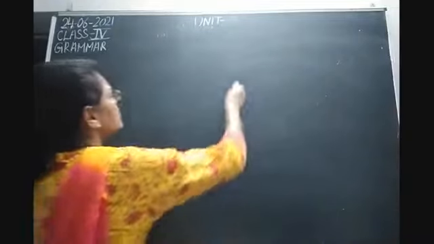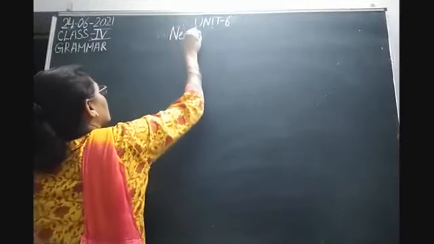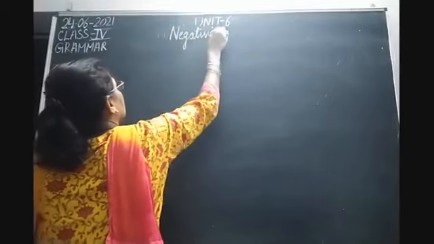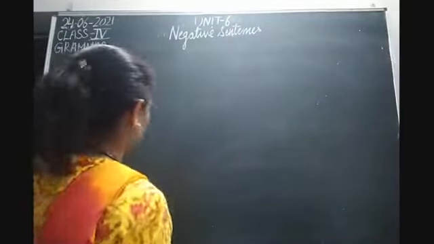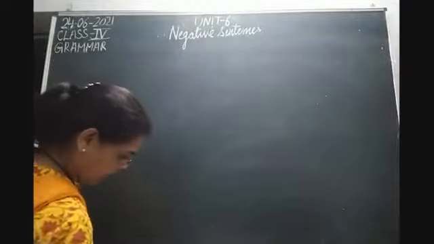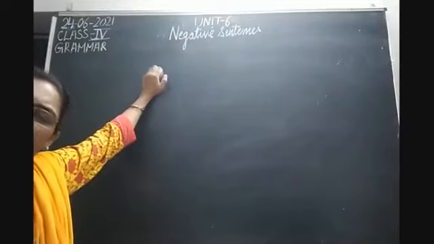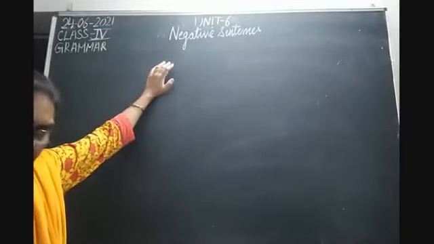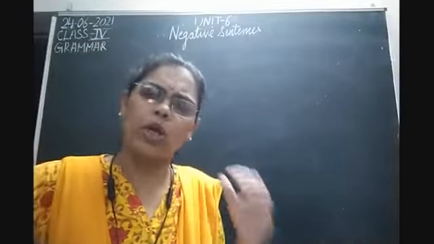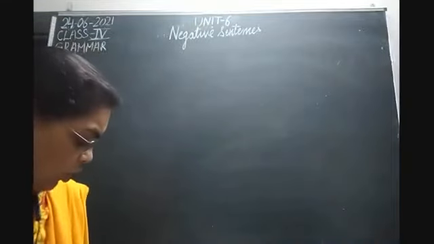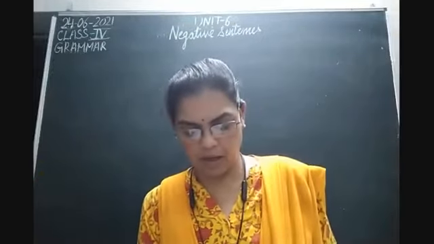Now, Unit 6. Negative sentences. Now, students, what do you mean by negative sentence? हैं ना, सबने वर्ड सुना है पॉजिटिव और नेगेटिव. नेगेटिव सेंटेंस मतलब वो सेंटेंसेस जिसमें नो या नॉट लगा. कोई भी सेंटेंस जिसमें नो या नॉट लगा होता है उसको हम क्या बोलते हैं? नेगेटिव सेंटेंसेस. फॉर एग्जाम्पल,